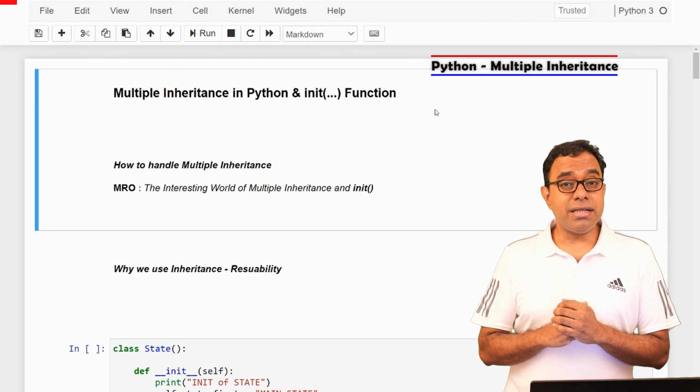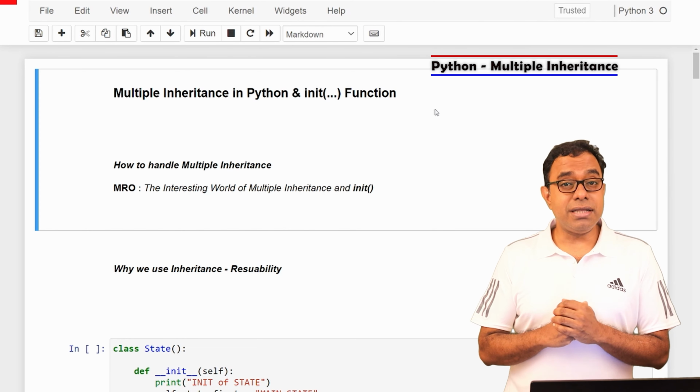Before I go ahead, just one suggestion from a programmer to programmers. Before using multiple inheritance, try to understand and judge the situation and come to a conclusion whether you really need it. If not, don't use it. There are other ways to achieve reusability of the code. So before doing multiple inheritance, think at least two to three times whether you really need it. If yes, then only proceed ahead. With this statement, let me show you how multiple inheritance works and what we need to take care of while using it.